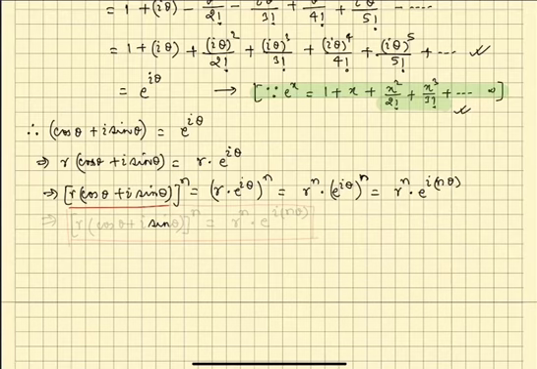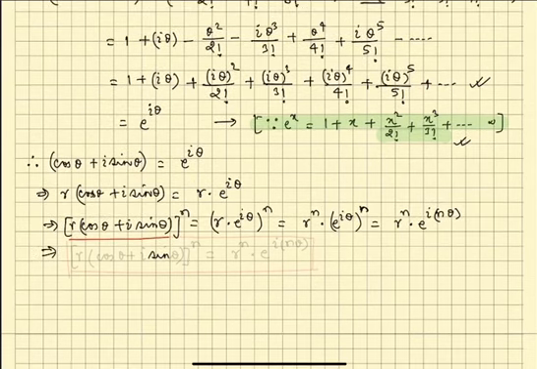So this is the beauty of De Moivre's theorem that made r (cos theta plus i sin theta) whole to the power n equal to r to the power n e to the power i n theta. So we can use this very thing